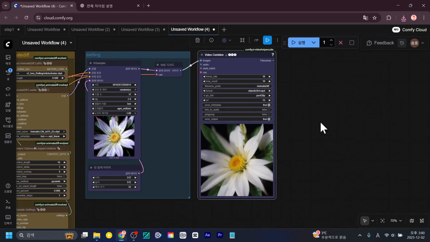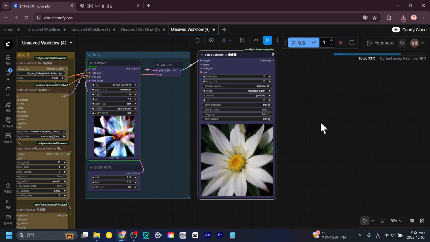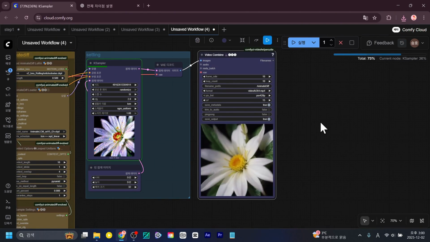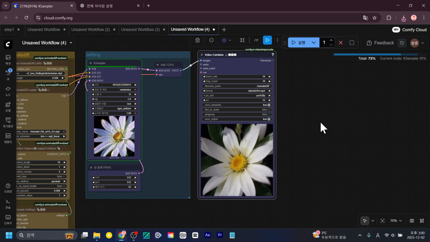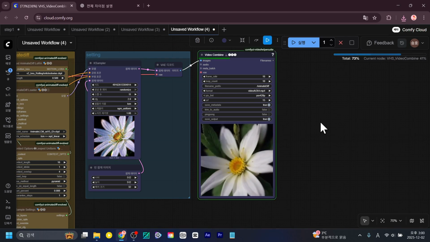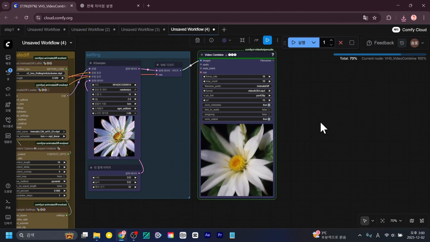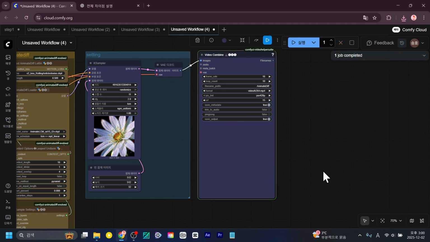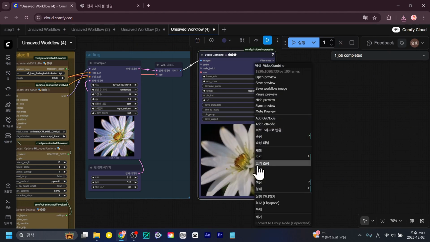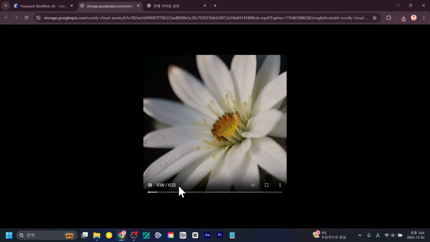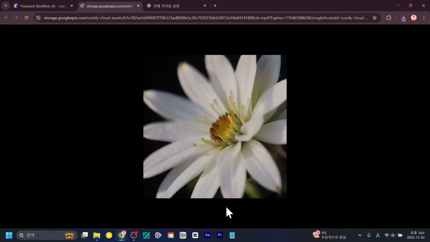Run. But now the speed is the same. When you create it at 32 frames, it goes in at the same speed. But here, it automatically edits and gives you only the output. So when creating looped videos, this method is often used. Since you already know this well, I think it would be good to try using it while you're at it. Click the right mouse button and open the preview. The save preview isn't applied, and it's exactly 22 seconds as intended.